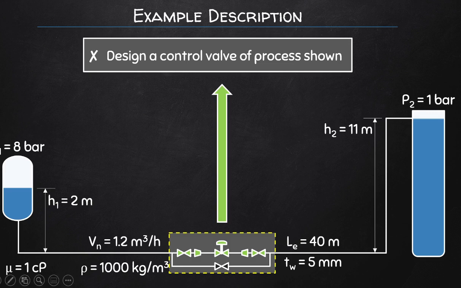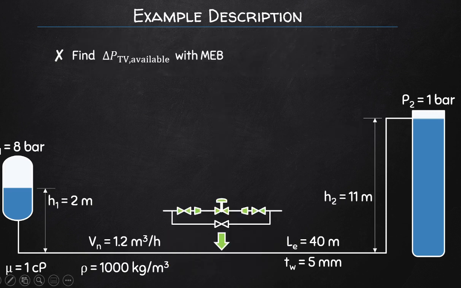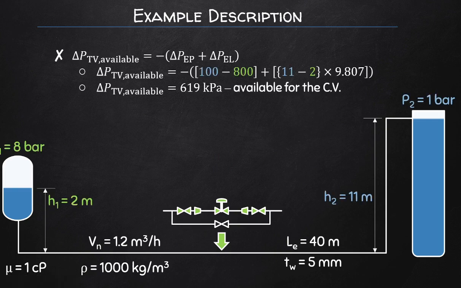First off, in this design we determine the available total variable pressure difference for the system using the mechanical energy balance. The total variable pressure difference is all the pressure differences, including the control valve's pressure drop, and excluding the static differences, which pertain to the endpoint pressures as well as the elevation, which do not and typically